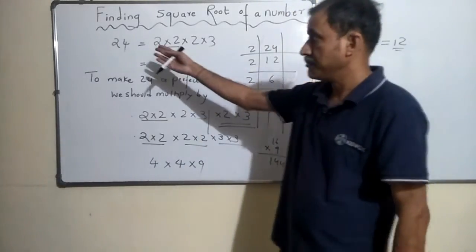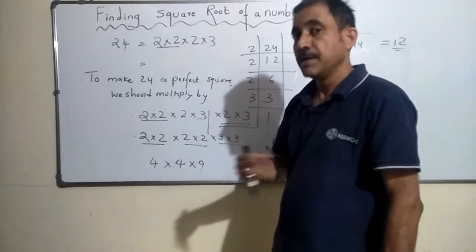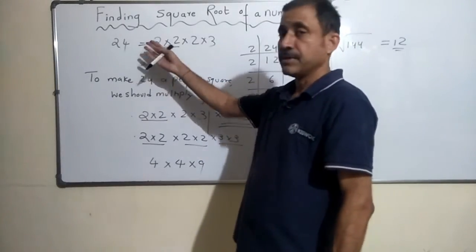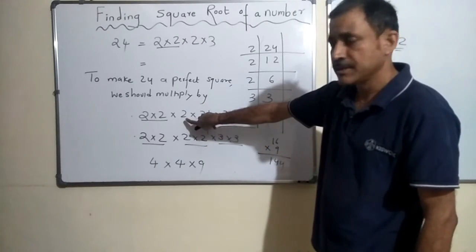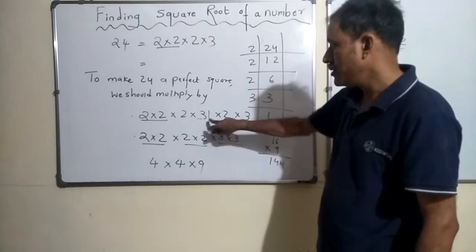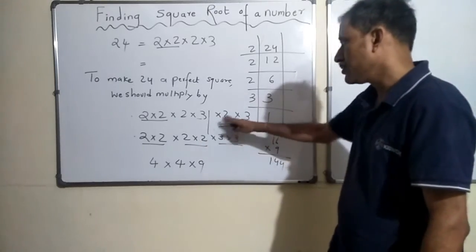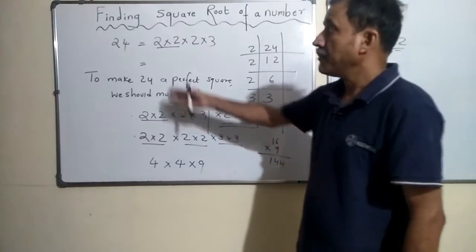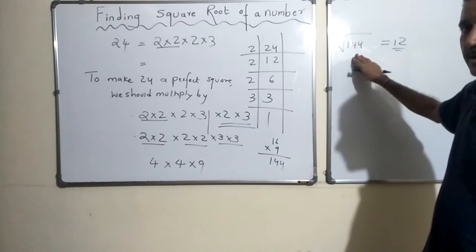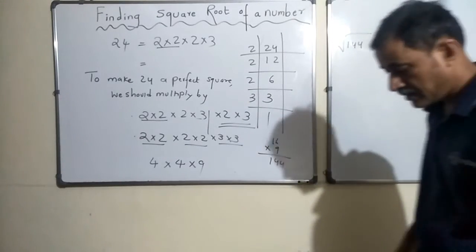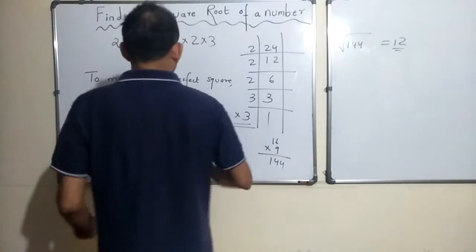So 24 is not a perfect square. What is the least number I should multiply so as to make it a perfect square? So the least number is 6 here, right? Just the minimum grouping that is required. So 2 is there, so I add one more 2. 1 3 is there, I add one more 3. That's it. So 2 into 3, 6, is what I need to multiply 24 by to get 144, which is a perfect square whose exact root is 12. Alright, that's good. I hope you understood.